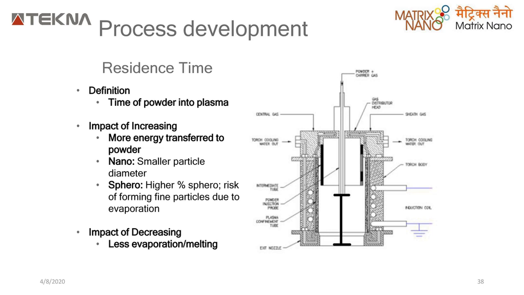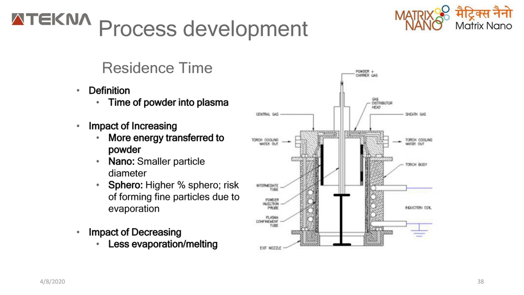So the first thing we need to learn as a term is residence time. Residence time is defined as the time of the powder in the plasma. When I talk about the plasma space, you must have seen this I-beam structure which I've drawn. Your plasma space is usually from the tip of your ceramic or the quartz tube to the exit nozzle. The effective space is usually between your probe and the exit nozzle.